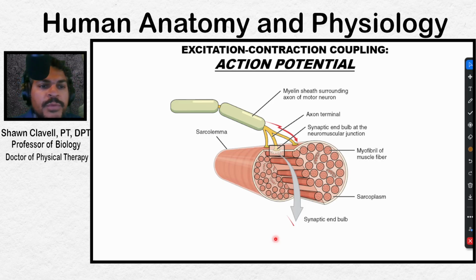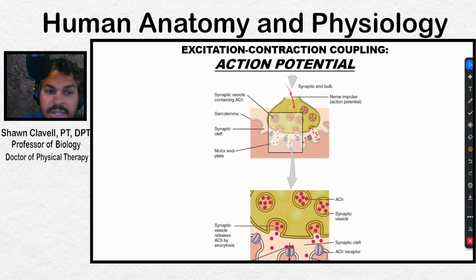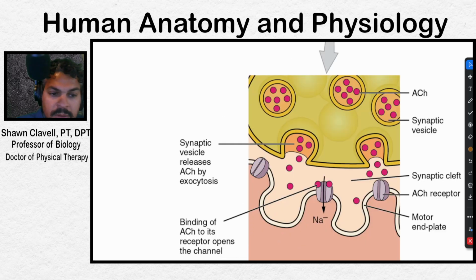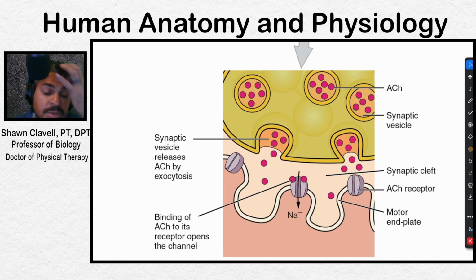cross-bridge cycling. So we first started off with this idea of an action potential. The action potential starts at the sarcolemma, but it's stimulated by a release of acetylcholine into the synaptic cleft. So the neuron here, as you can see on the top of the screen, is going to release acetylcholine into the synaptic cleft that'll bind to receptors located on the motor end plate